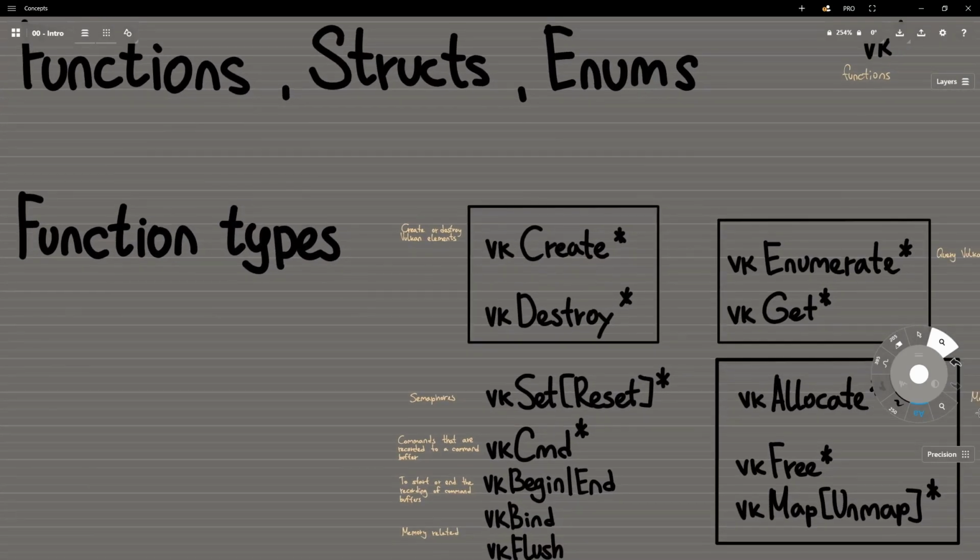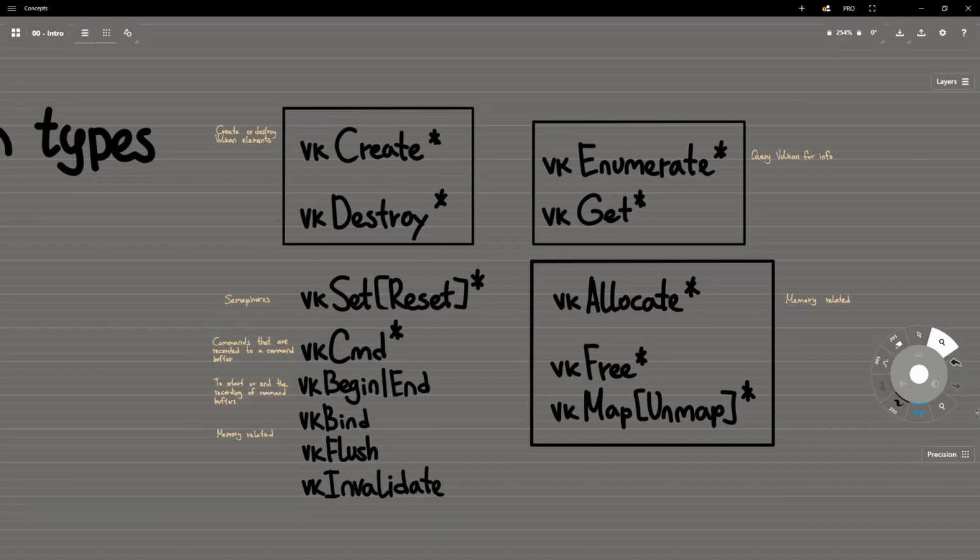Next, we look at the function types. There are basically these few types